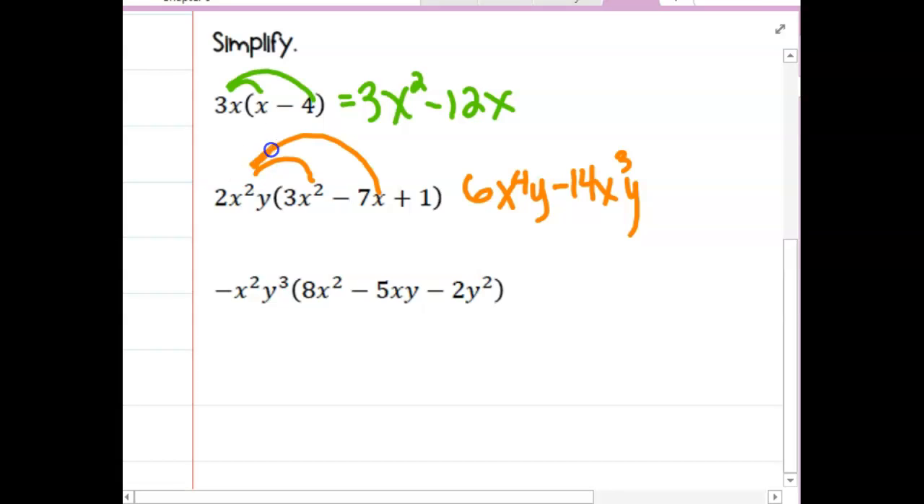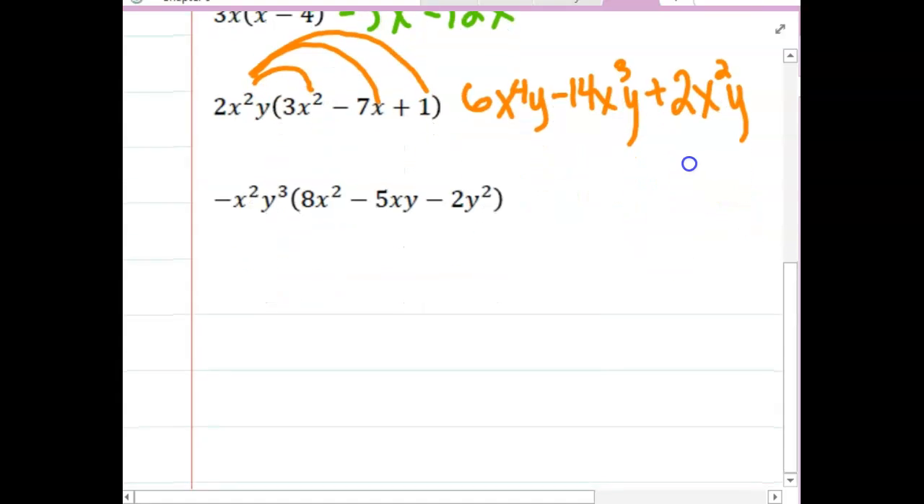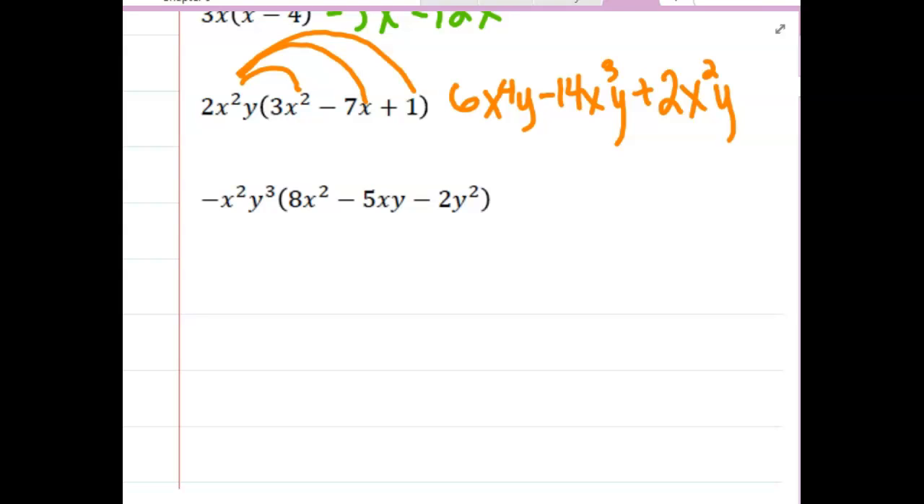And then the last little arch of our rainbow here, we would take 2x squared y times 1. I did this a lot yesterday. What happens when you multiply by 1? Nothing. I'm just going to say plus 2x squared y. Okay, and then the last one on this example, just be careful here because whenever you're distributing,